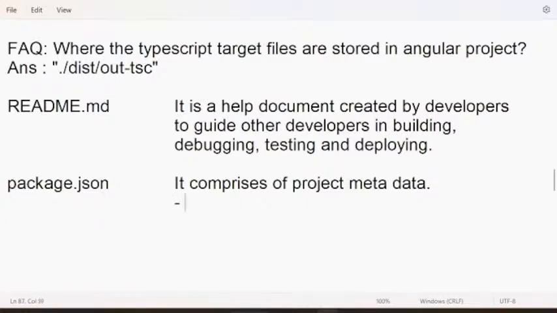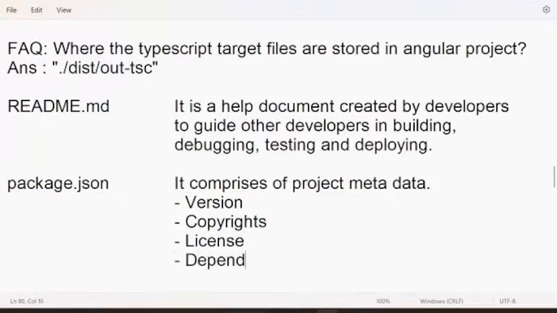That means version related information, copyright related information, license related information, dependencies related information, author related information, everything. So many details are present here.